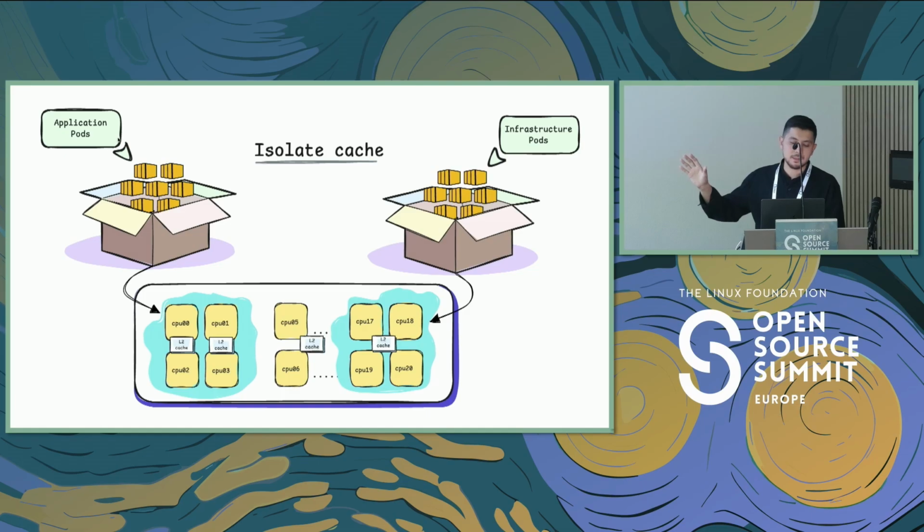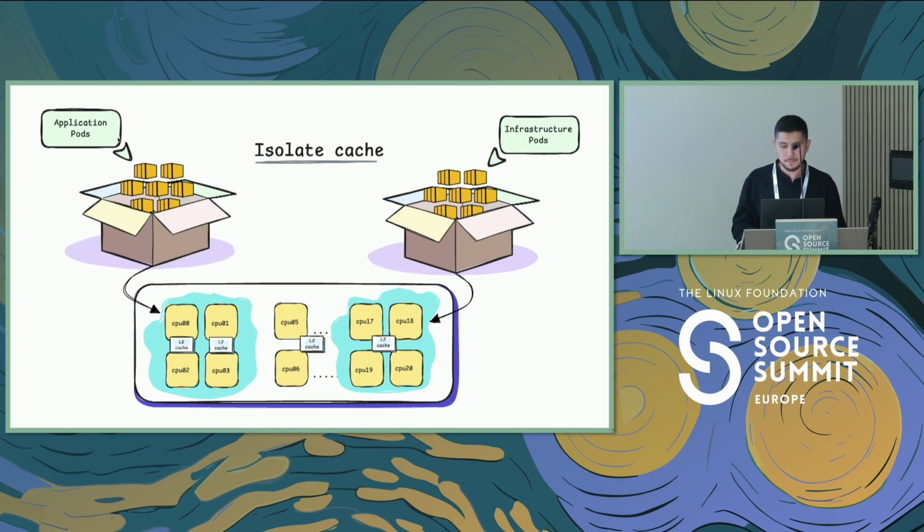And the use case is this, but this is again just a simplistic view of the use case because we have limited time. So just imagine that we have 2 sets of workloads. One is the infrastructure pods, and the other one is the application pods. And we want to make sure that all of these pods are running on a single node. How can we isolate these 2 groups of the pods so that they do not share the same